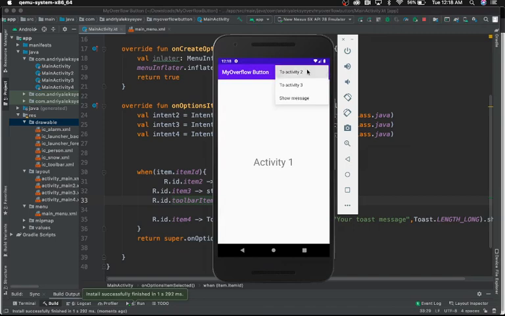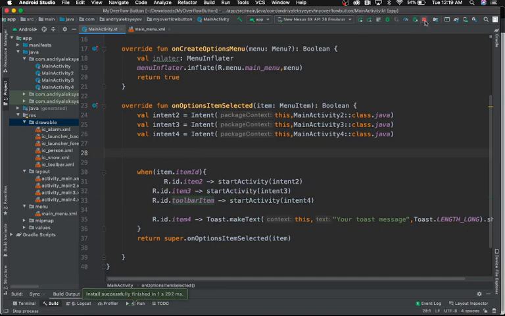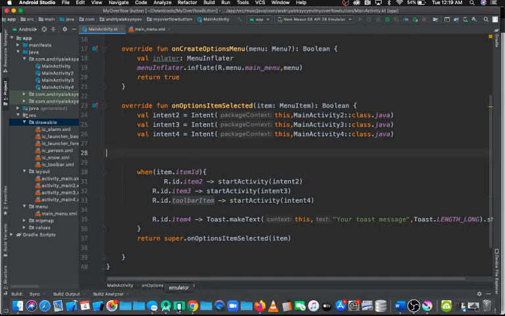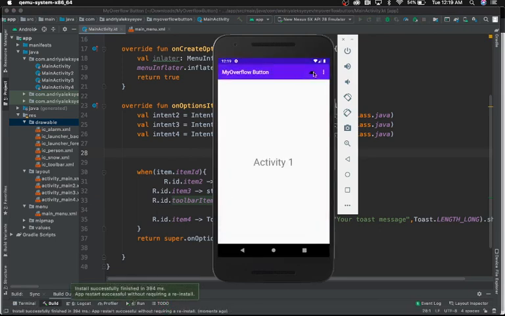So activity 2, go back. Activity 3, and this one will show a message, show your toast message. Perfect. And then, oops. I was gonna try the Android guy. Android guy should take us to activity 4. Click here, activity 4. All right, so we're done with this app, and as I said, we're gonna be working